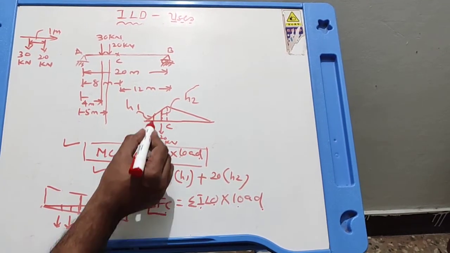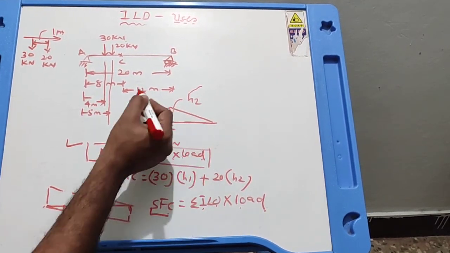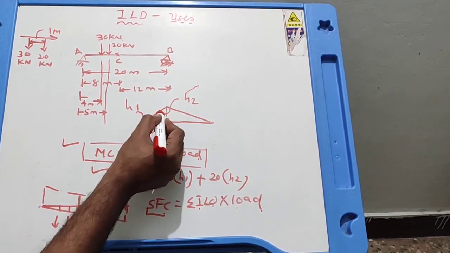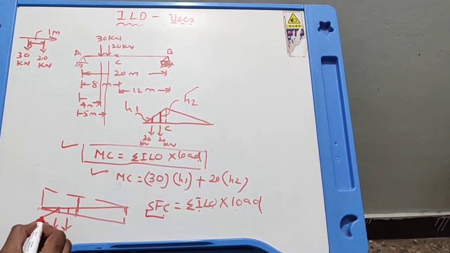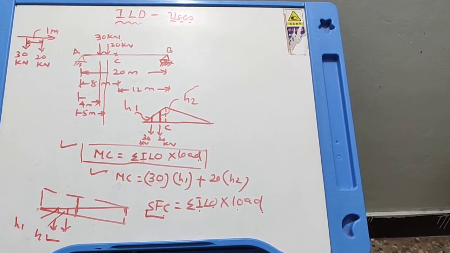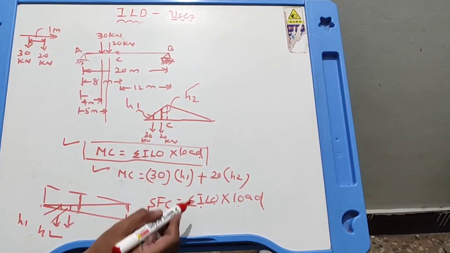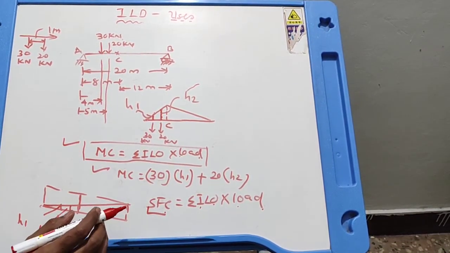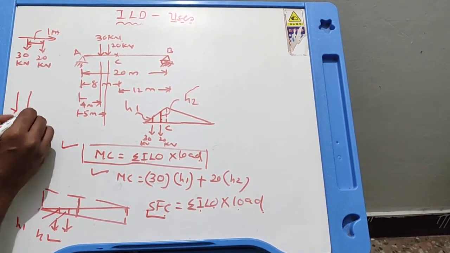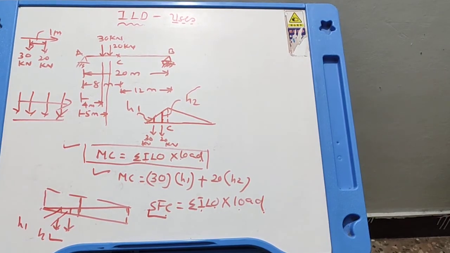How do we find the influence line ordinate? To find the influence line ordinate, you need to look at the figure, and the geometry of the figure will tell you what this ordinate H1 is, and what this ordinate H2 is. So here also the ordinates, say H1 and H2, you can find. This is how we can make use of these influence line diagrams to find the bending moment and shear force at section C due to a series of loads, not only one load. There can be two loads, there can be 3, 4 loads. Like that we can do the problems.